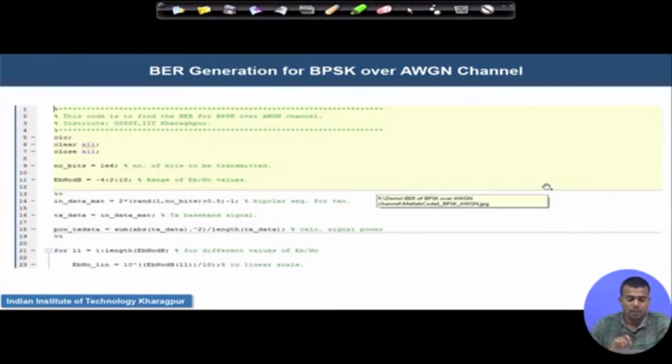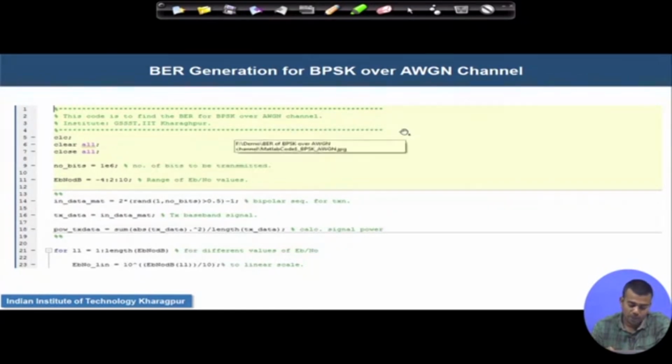Now I am going to tell about the generation of BER for BPSK over an AWGN channel. First I am considering 10 to the power of 6 bits to be transmitted. Next I am going to plot BER with respect to